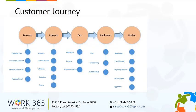We go through a discovery phase where they may find you online or through a referral or cold call. Then comes the evaluation phase, where you propose the service and negotiate and sell the customer on what they really need. All right, they eventually buy and you implement the services for them. And then you go on to the realization phase. This is the phase where the customer and us are really engaged for the long haul. This is where all the cross-selling, changes in subscriptions, growth or reduction, support calls, and all kinds of other service